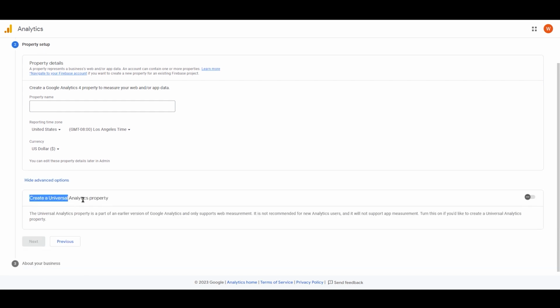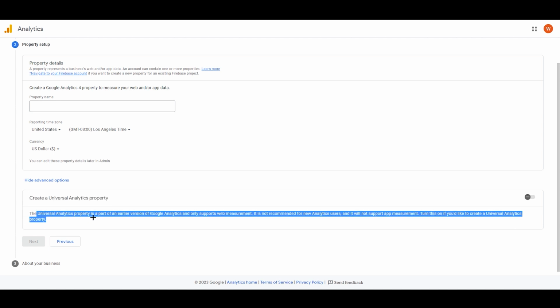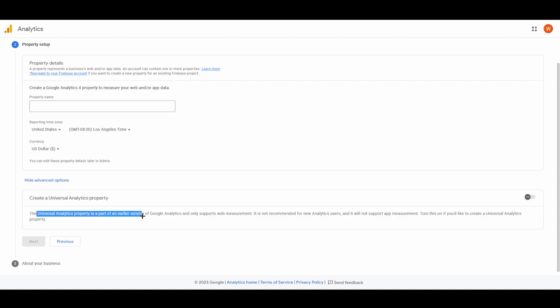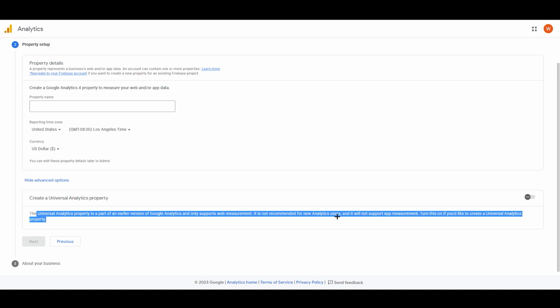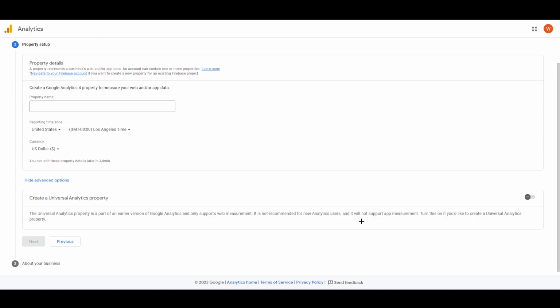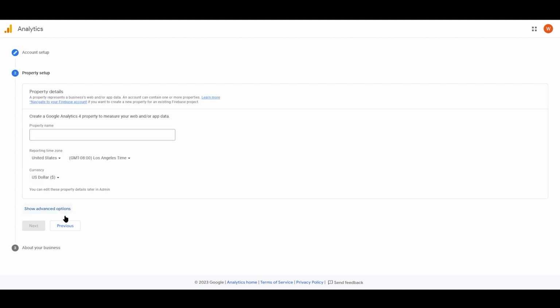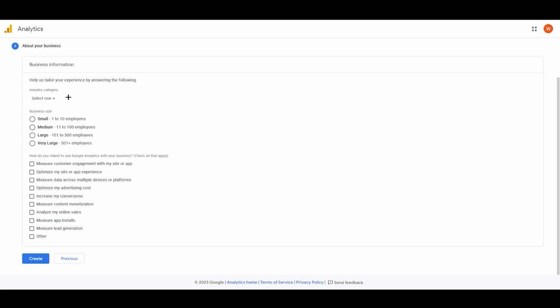you will see "Create a Universal Analytics property." The Universal Analytics property is part of an earlier version of Google Analytics, and it only supports web measurement. It is not recommended for new analytics users, so obviously you don't need this, and it will not support app measurement. So just click on this and hide it, and you can go with the name, and I'm going to fill this out. Once you are here, if you click on next, you will end up over here,